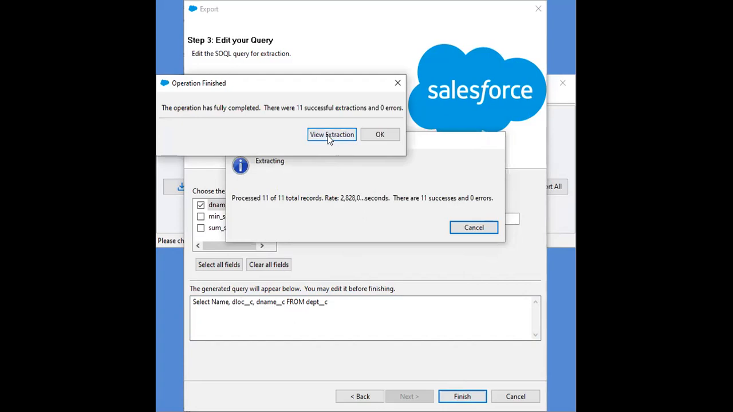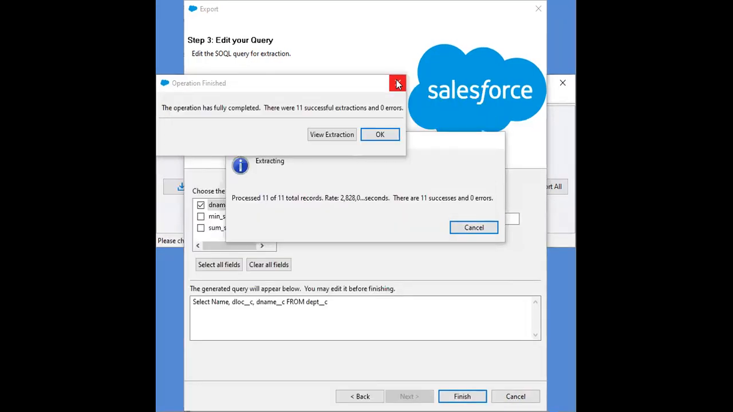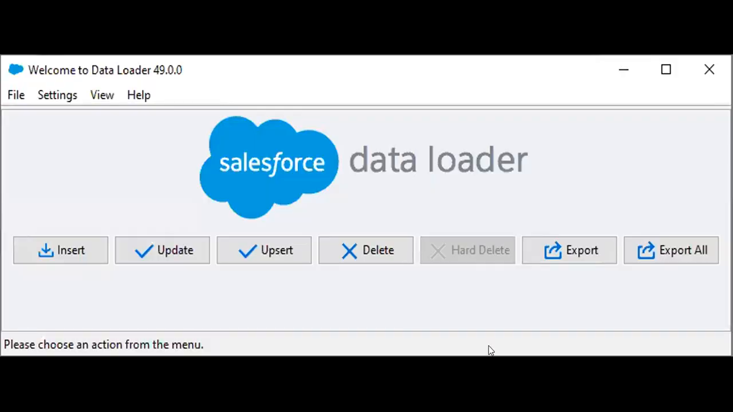Yes, that means you may view the extraction information. This is the view extraction information, and it shows the extracted data. That means you have different loaders. In this way, you will perform the extraction, and in a similar way, you may perform the